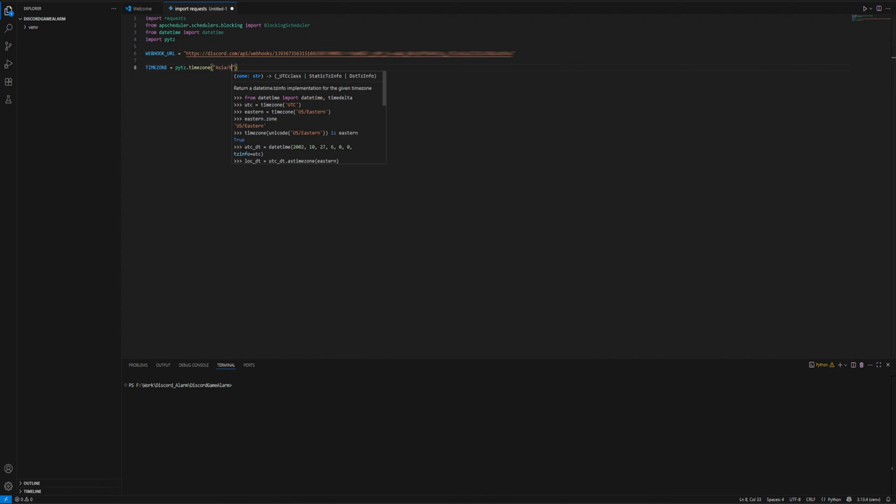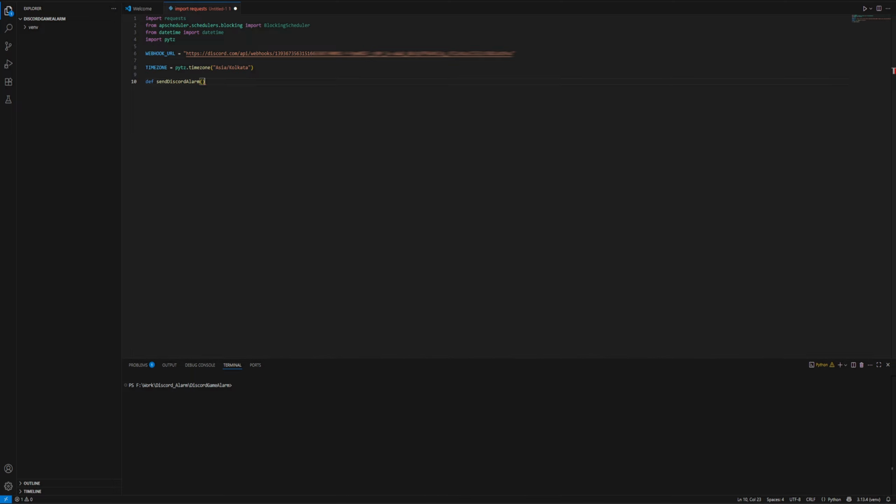Asia/Kolkata. Now let's create a function that sends a reminder to Discord. def send_discord_alarm. Get the current datetime, then strftime to format the datetime into